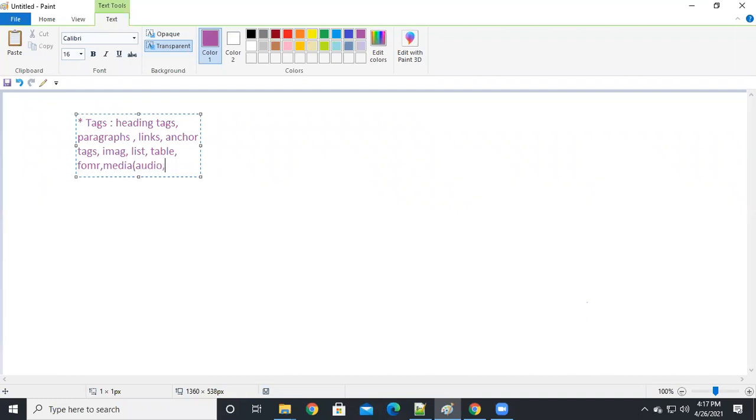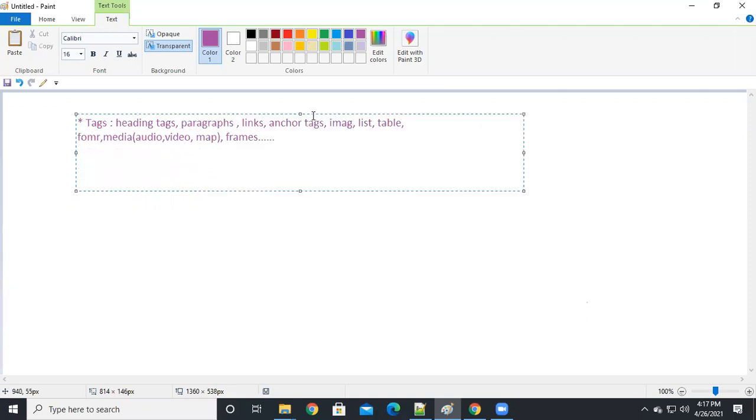Media we have the audio, video, and map also. We have frames also. We have so many types of tags. So these tags are going to describe your content.